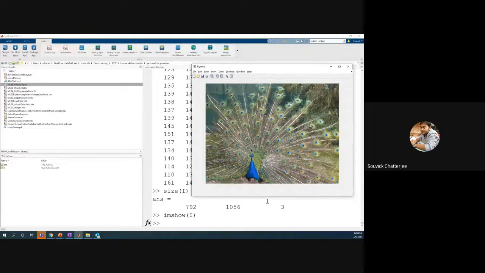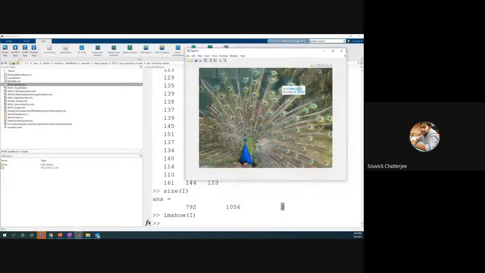Okay, so now here we have the image. This image is RGB, that's why we have 3 here. Now what does that mean? If I want to see how this image looks in different areas, I can just click on certain areas and you can see this is the X and Y pixel, these are the RGB values, and so on and so forth. You can do a bunch of different things with this image now. So that's the concept of what you can do with this image.